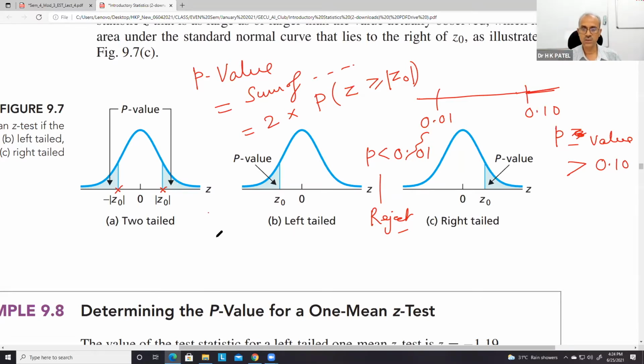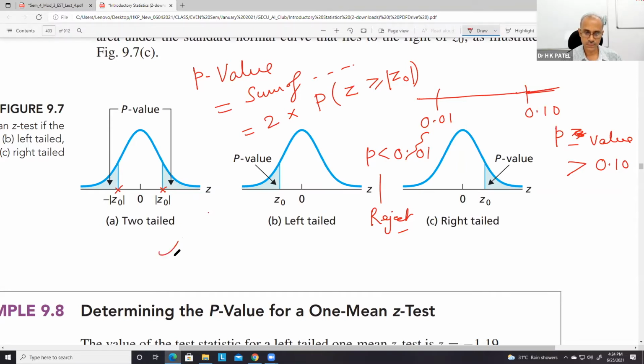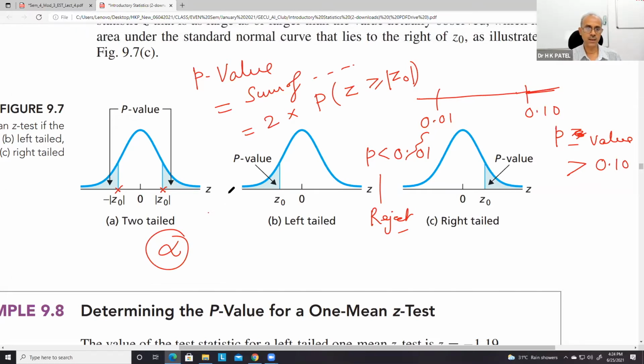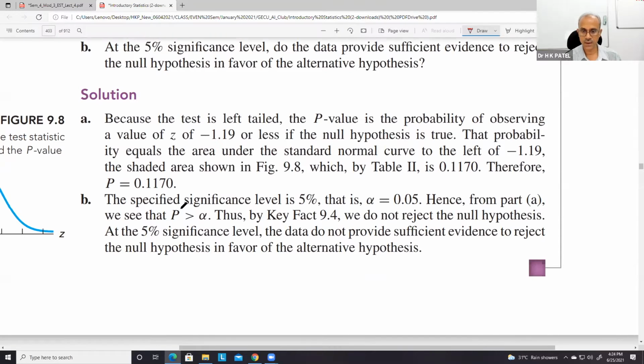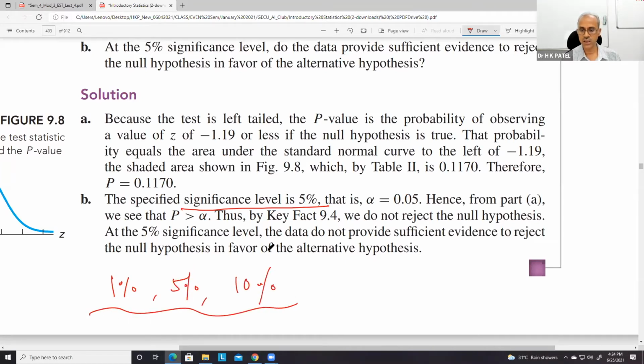Okay. Other approach is we use this alpha. Okay. For example, in this book, you can see that this alpha is actually here. In confidence interval, we have confidence level. But in case of hypothesis test, we have significance level. This you can see that. So significance level, 1% significance level, 5% significance level, maybe 10% significance level. So here we have significance level, and in case of confidence interval, we have confidence level.